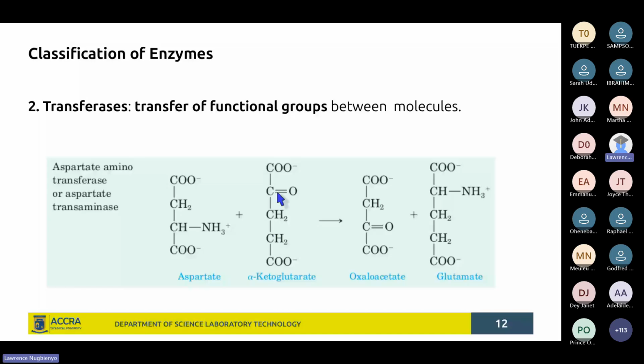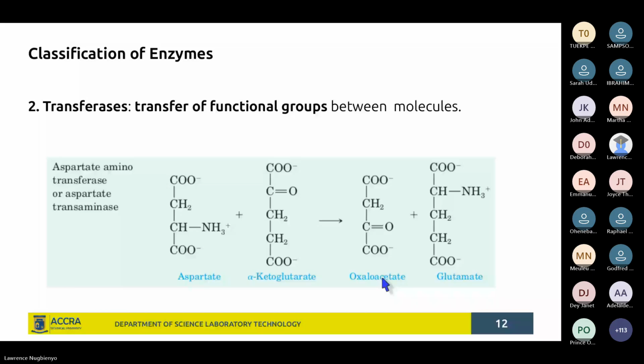In place of this C double bond O, you see there is an amine group in the product glutamate. And where is the amine group coming from? You see the amine group here on aspartic acid. In place of it, you have a C double bond O in the product